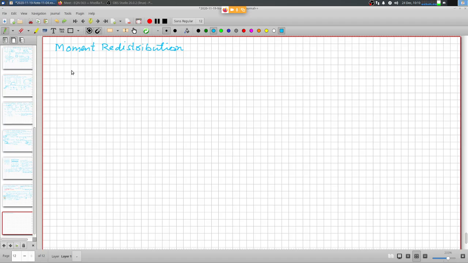It is the simplified analysis. Just as for gravity load, we discussed the equivalent subframe, for lateral load analysis also a similar concept exists. For example, a building, a frame,